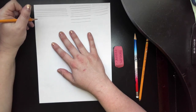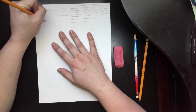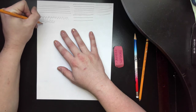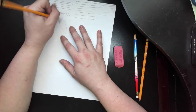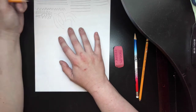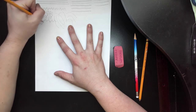Next, let's try some curvy lines. This is actually something I talk about with my kindergartners. A curvy line is anything that is more of that rounded shape. So you could have bumps. You can have loops. You can have, I don't know what that is. You can just have lines that happen to be curved. Take a second and come up with some lines that are curvy, right? We're looking for stuff that doesn't have those sharp points. Now, this has points on it, but for the most part it's